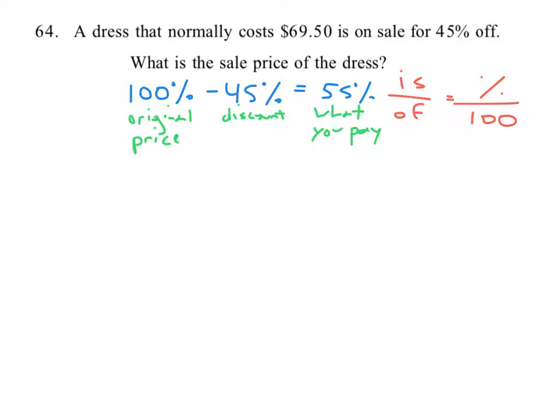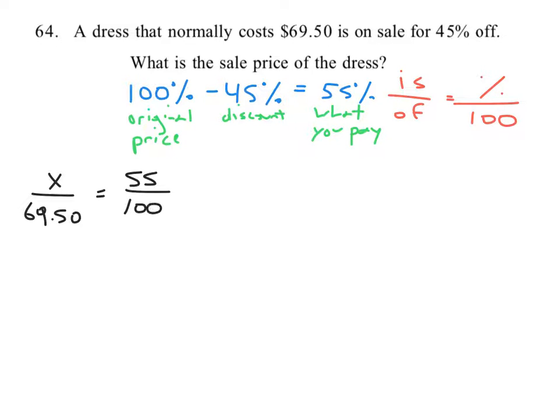So even though they told you it's 45% off, you actually need to do this math and find out that you pay then the other 55%. So is over of equals percent over 100 becomes is, we don't know what the price we pay is, that's X, of the original price. The original price was $69.50. Is what percent? Is 55%